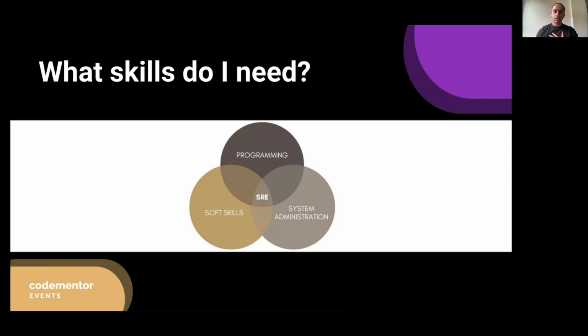For example, I am more of a sysadmin guy, right? I really love Linux internals and cloud operating, AWS and all that. I love it more than writing Python or Golang, for example. The idea behind this is, all the companies understand that SREs come from different kinds of backgrounds. If you're low on programming but high on system internals, you're still very valuable, and they understand that you can learn more programming on the job. And the other way around, of course, you can still learn more system internals.